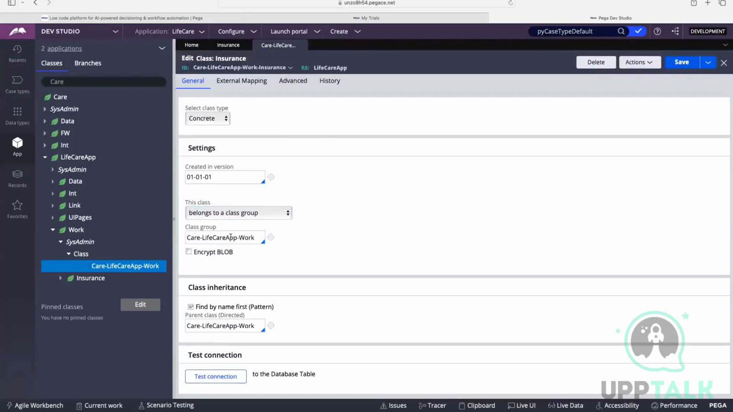Now this belongs to a class group. Class group is already there. Then class inheritance. Now, a very important topic of Pega. Like we have inheritance in Java or any other language, where we can use the methods or functions. We can create the function at once. We can create the class at once. For example, just now we've seen for the car. Similarly, in Pega, you can create your rule at any level. For example,